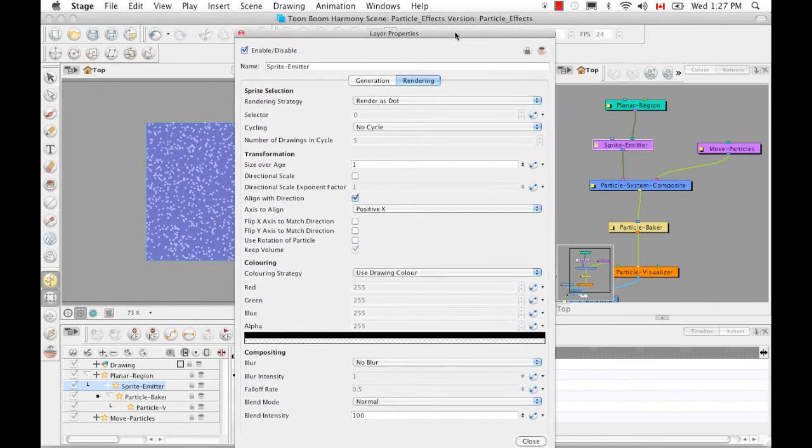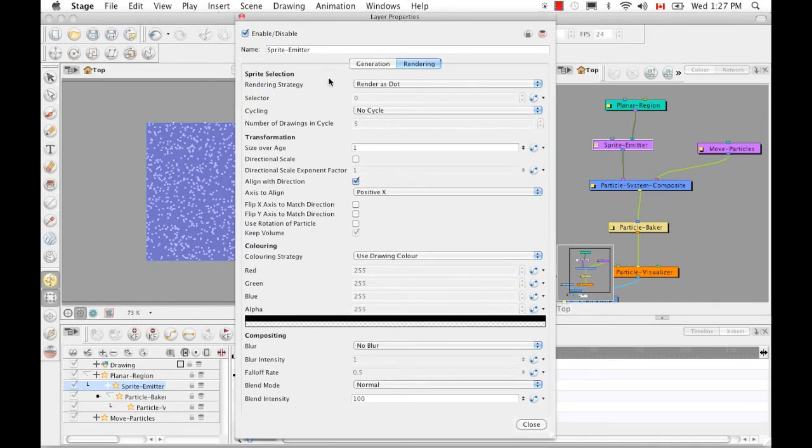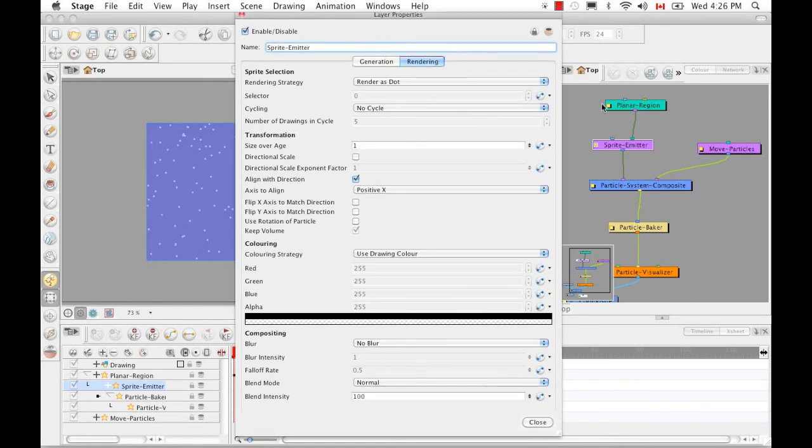Okay, I don't know if we can see all of it here because it's quite long. There we go. So the first thing we have is the sprite selection. And once again, the sprite is your drawing, image, or animated sequence. So right now, like I said, it's just rendering dots, or these pixelated squares that are supposed to be dots. However, if we had a sprite connected to the left port of our sprite emitter, then we'd be able to